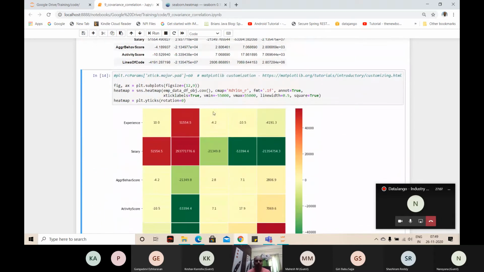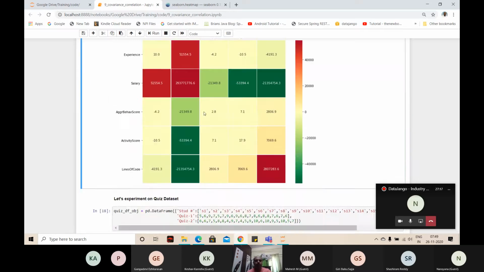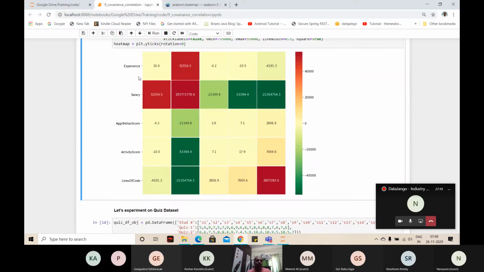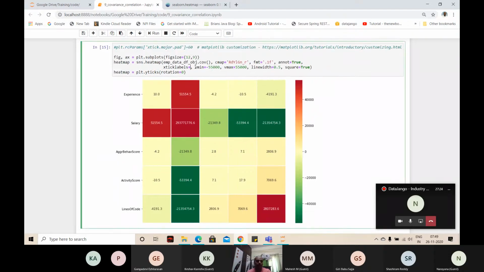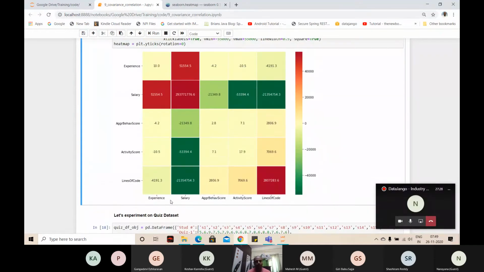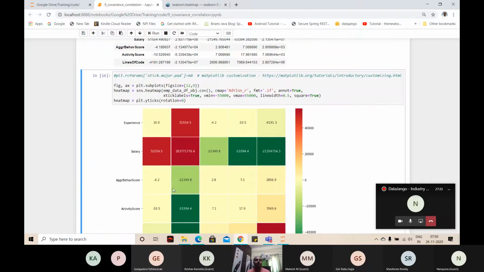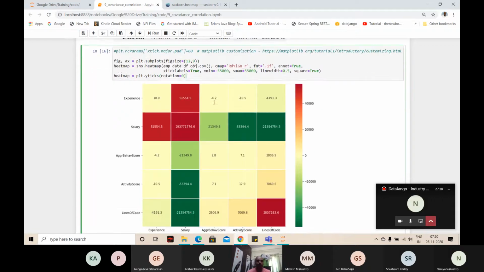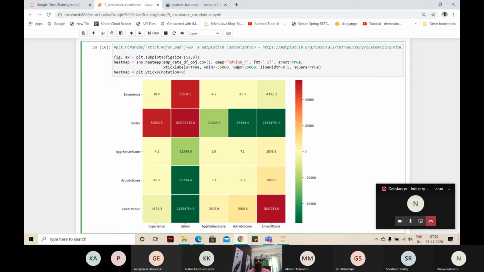Okay, that's okay. So xticklabels true: do we want to have labels or not? There is no need for this xticklabels because Y and X are the same, but you may forget the order, so if you have true, that's going to be good. We need to know where the experience is starting. The names on the Y-axis and X-axis are the same because we are trying to find the relationship between those same things. Vmin and Vmax.